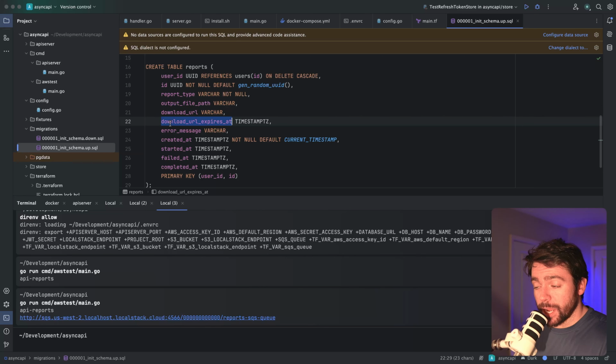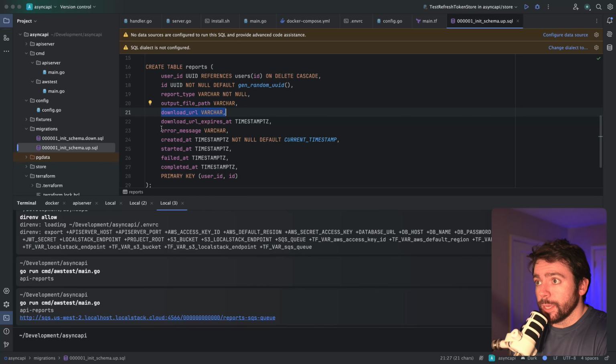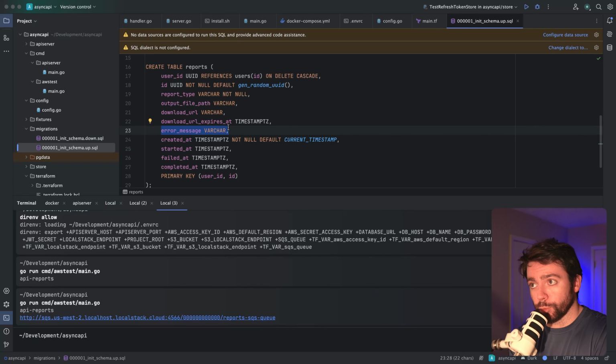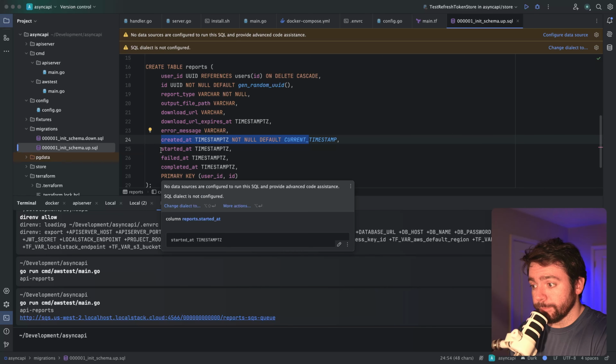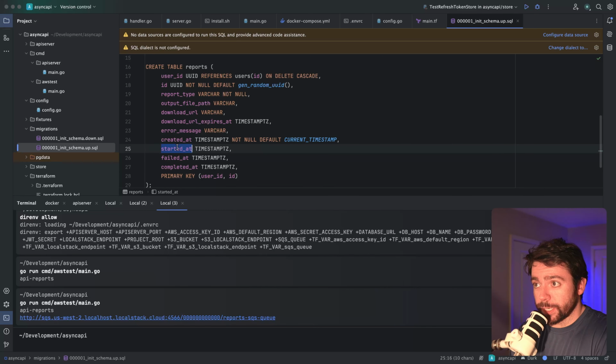an expiration time for the download URL, which, the reason why we have an expiration is because this is going to be a pre-signed URL. And we have an error message, which will be only populated if we have a failure status for this report. Of course, we're going to have a created at timestamp created automatically for us. We're going to have a started at, which is when the SQS worker has actually picked up the report for